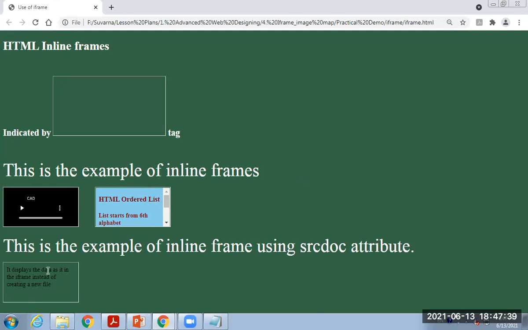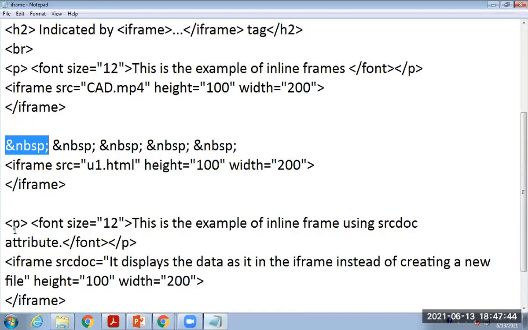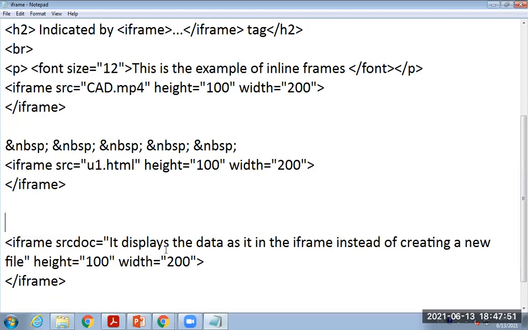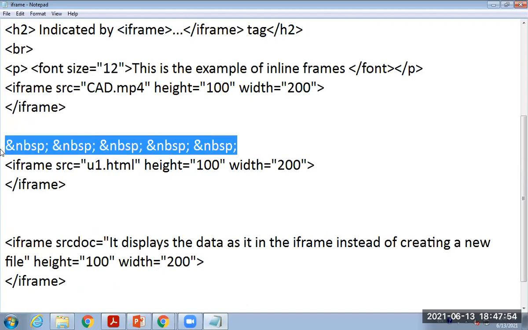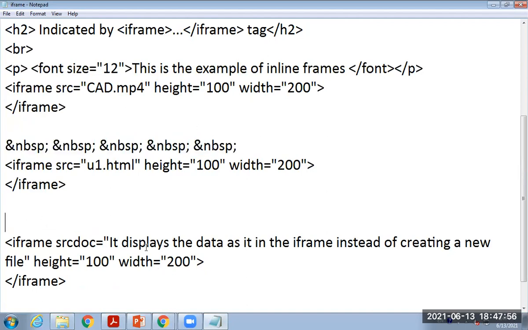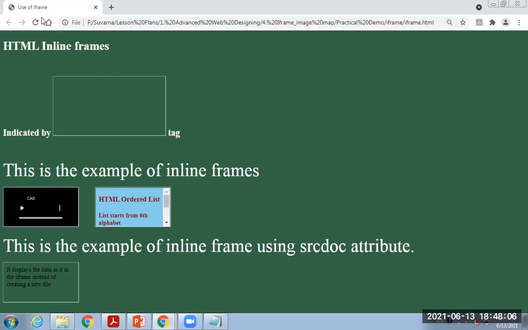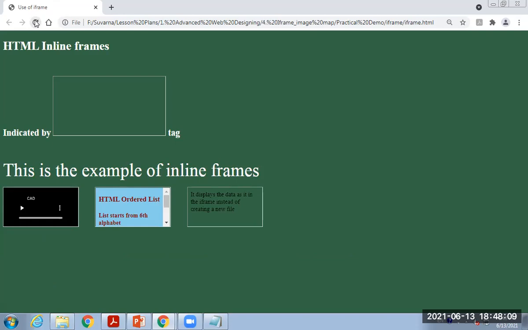Now if I want to display this iframe here, then what I have to do? Again, I will remove this part from here, and again I will just copy the special character code and display the same data. Now just save this file and try to check the output. Got it? In this way, we can create multiple files on a single line.